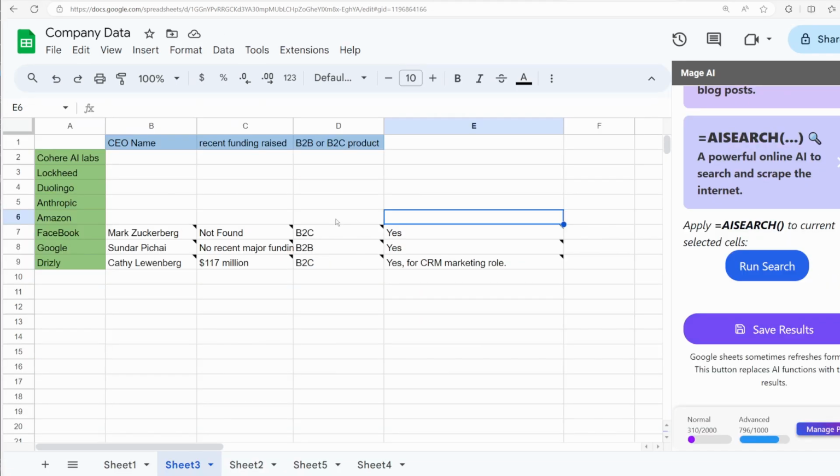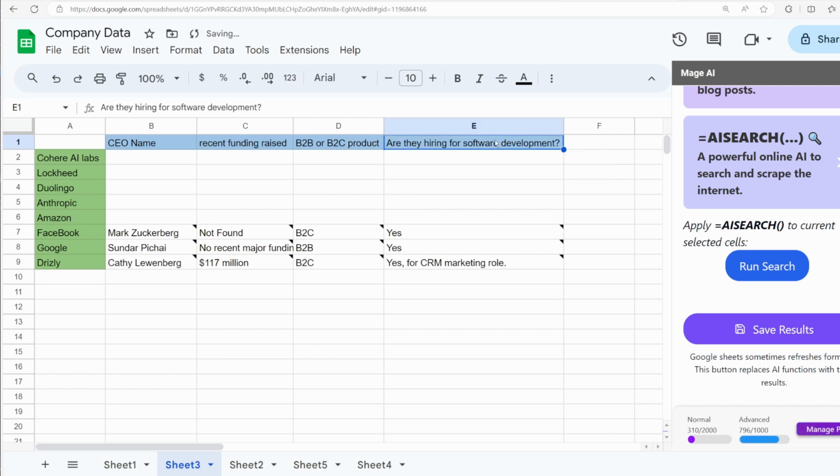The other thing you can do with the AI search function is use it to automatically fill in your spreadsheets using online information. So in this example, I have a table, I have some column headers and some row headers. So this is some information that I want to fill in. For example, in this cell, I'm trying to find the CEO name of this company, and likewise for the rest of the cells. And let's say I want to add some other information that I want to pull, like are these companies hiring for software development? I can add more headers if I wanted to, but let's go ahead and select these cells. I'm just clicking and then shift clicking to select all of them, or you can drag,